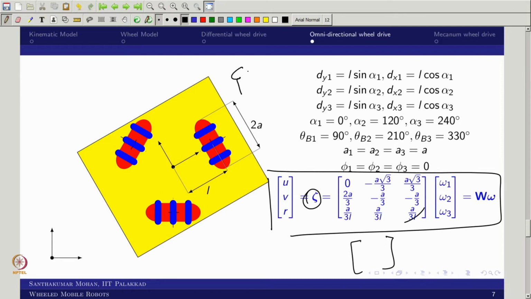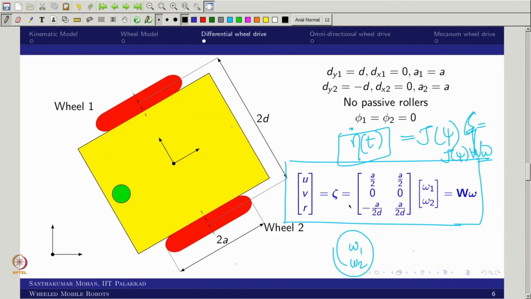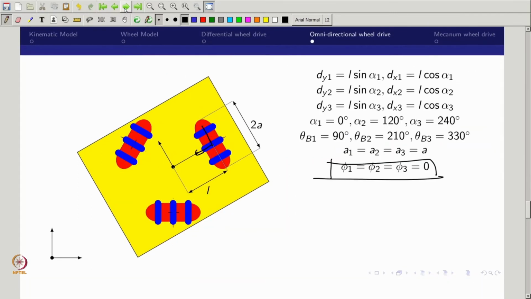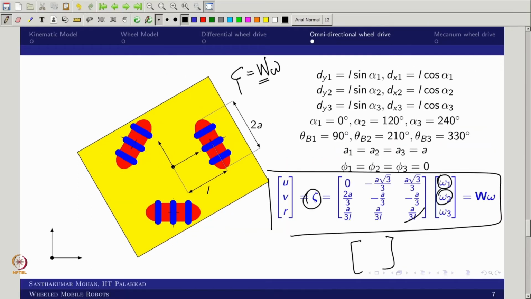The zeta you have taken as W times omega. In the earlier case you took the W obtained for the differential wheel. Now you just replace it and play with the omega 1, omega 2 and omega 3 variation, and you have two variables, a and L. You can play accordingly and see what the required performance would be. With that, the second example is also done. I will move directly to MATLAB after showing the third example, so it would be easy. We will just plug and play the W value.